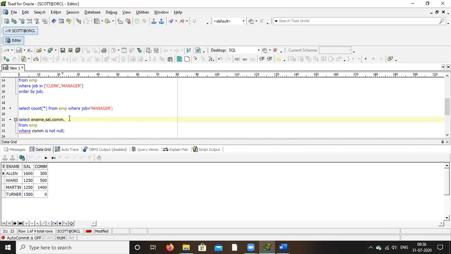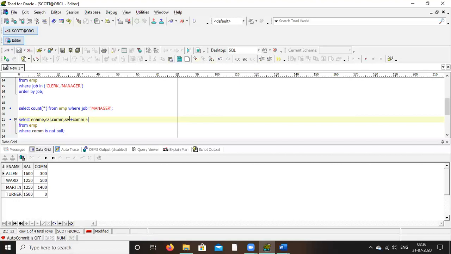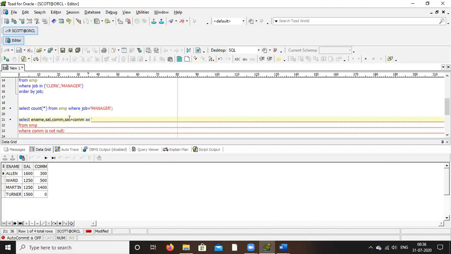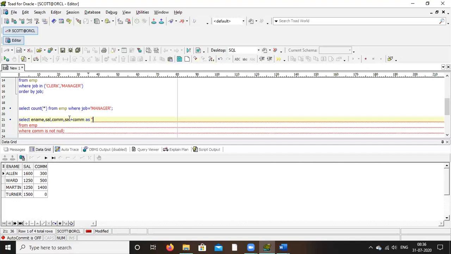Give an alias name as total salary something. Alias means as, within double quote total sal.